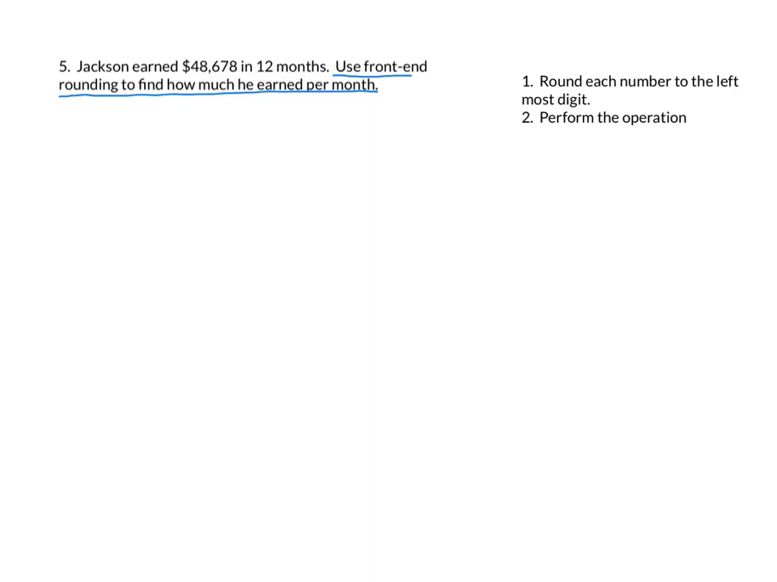So what we have here is 48,678 divided by 12. This is how we would calculate how much he earned per month. Now, to find our estimate, we're going to round each one of these to the left. So, my leftmost digit in the first number is the 4. I'm going to look at the 8. It tells me to round up. So I get